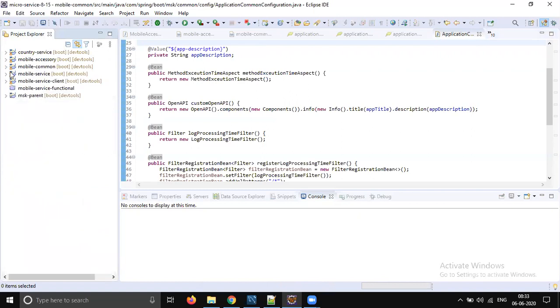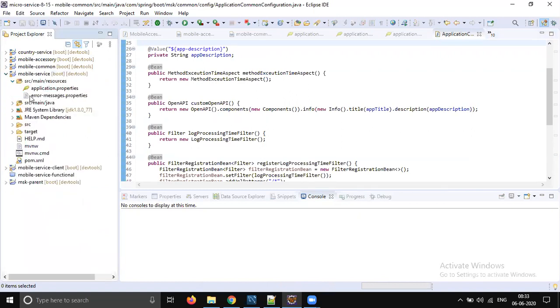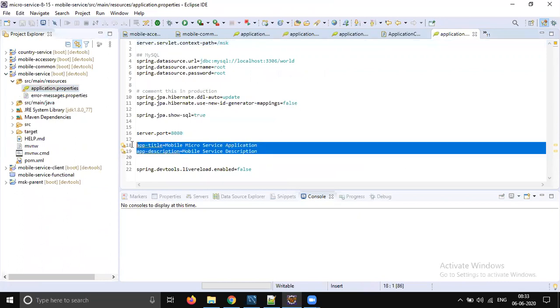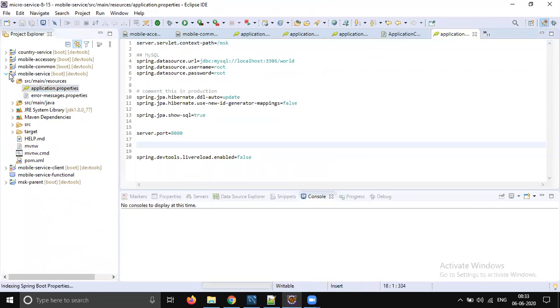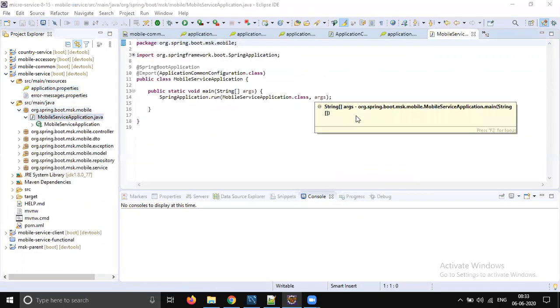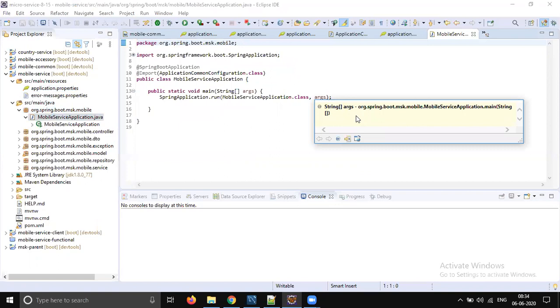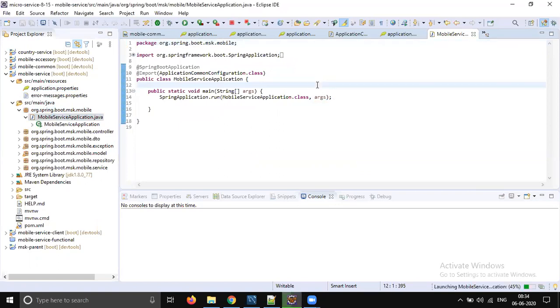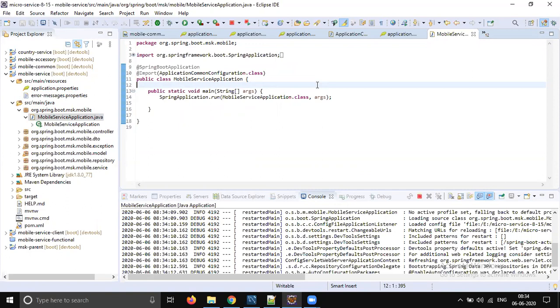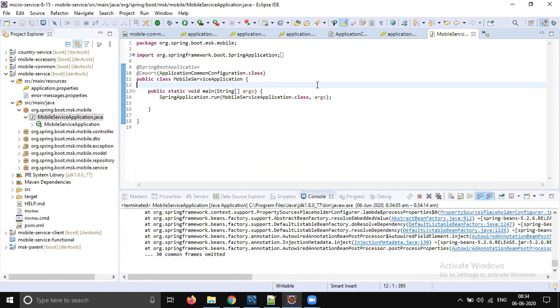Let's go to mobile service. Let's remove these two from here temporarily. Start the mobile service application. Still it's failing here.